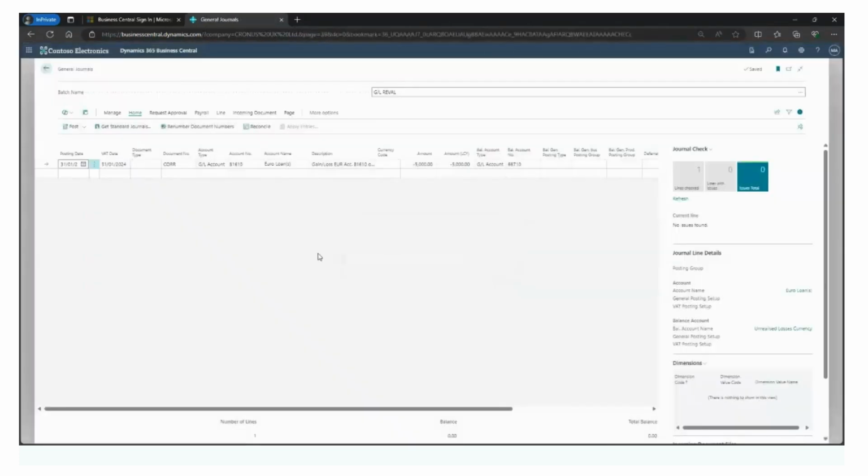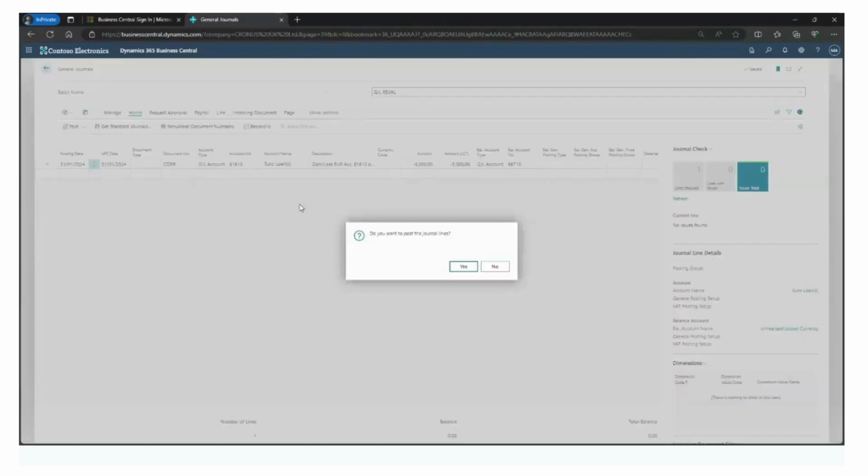There we go. Okay, so what the revaluation job has done is it's calculated the change in the exchange rate and calculated a loss because my rate has gone down. And the effect of that change is a £5,000 loss. So if I post this, and you might want to change the document number, etc., I want to post that so I can show you the effect